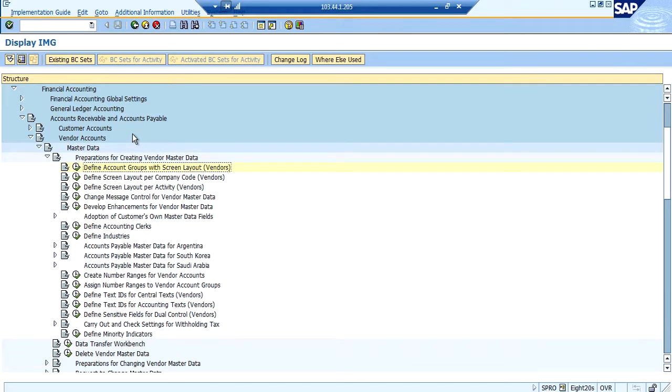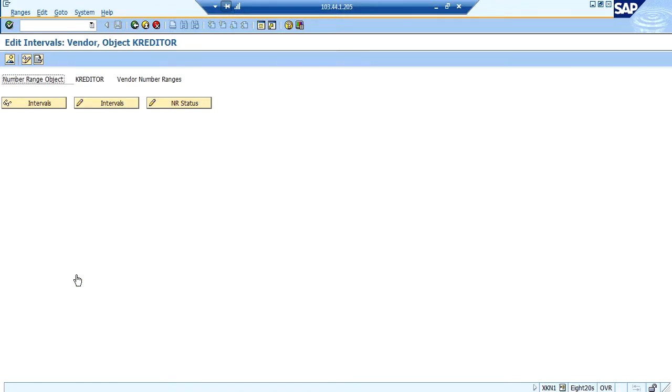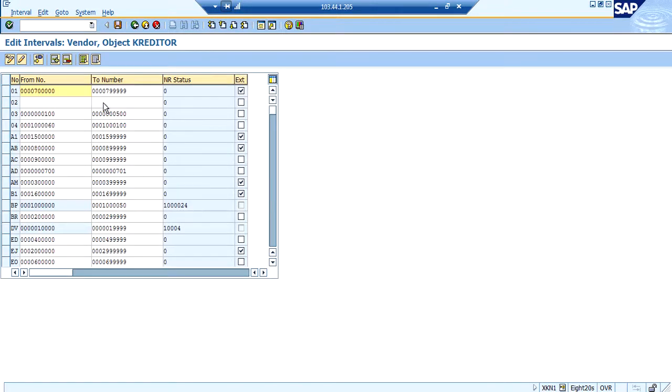Likewise, now we have to go ahead and create a number range for this account group. Here in the same path we can see create number range for vendor account group. Click on intervals.